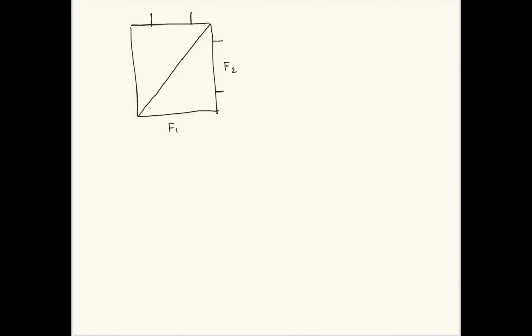This is the diagonal, and if this is my peak over here, this is my peak, this is my peak over here, then I will have two dots appearing in the spectrum. So this dot represents